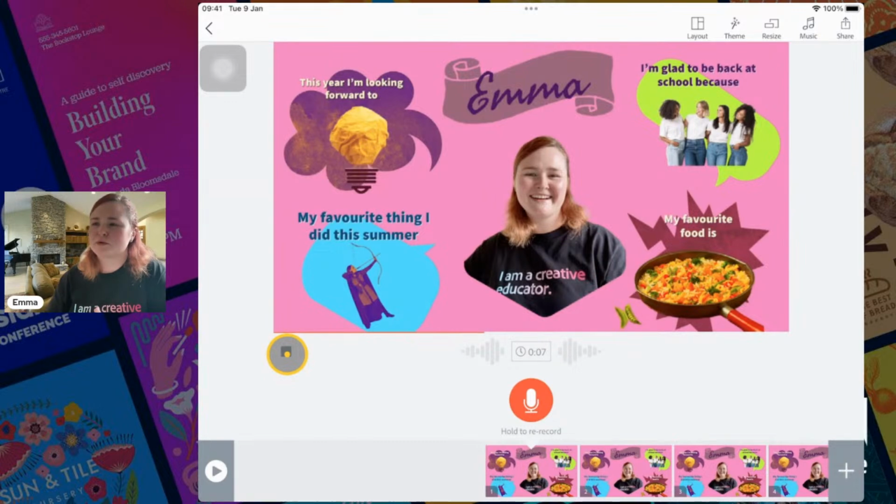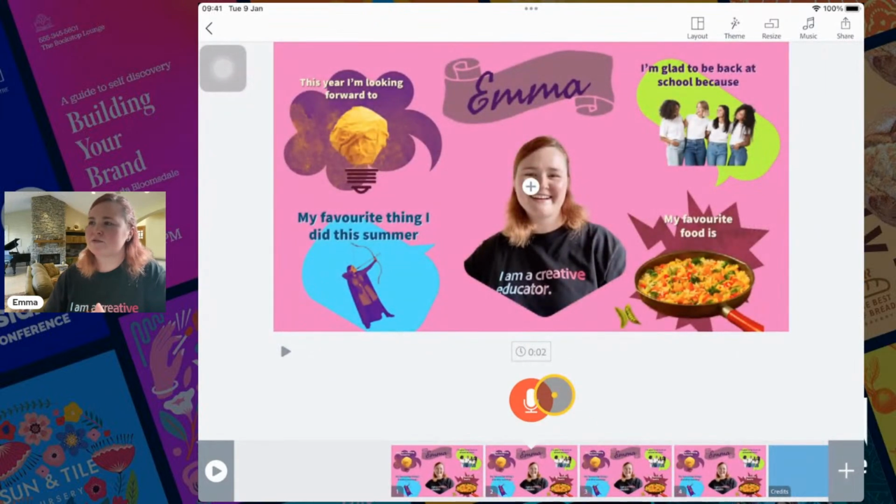Might not play just through here because I'm sharing my screen a different way, but you get the idea. You can see there that 7 seconds has been recorded. So what I want to do then on my next screen is that I don't want it to be the exact same. So to give it a wee bit of versatility, to make it a wee bit more dynamic,